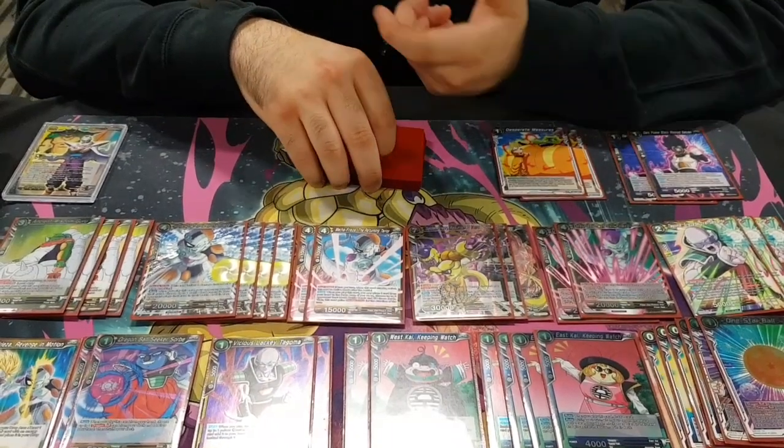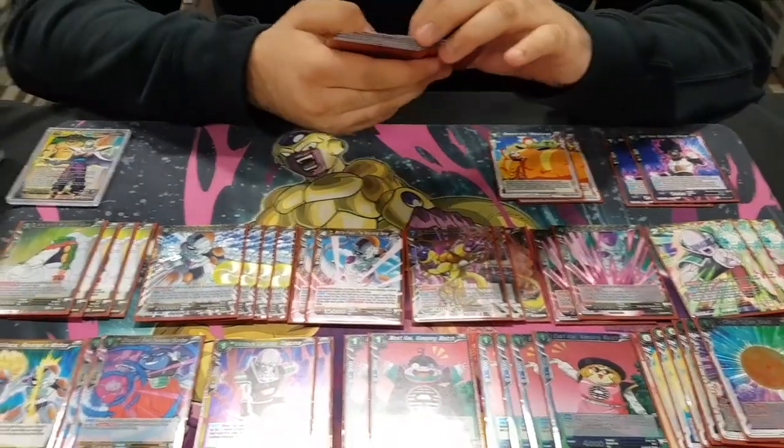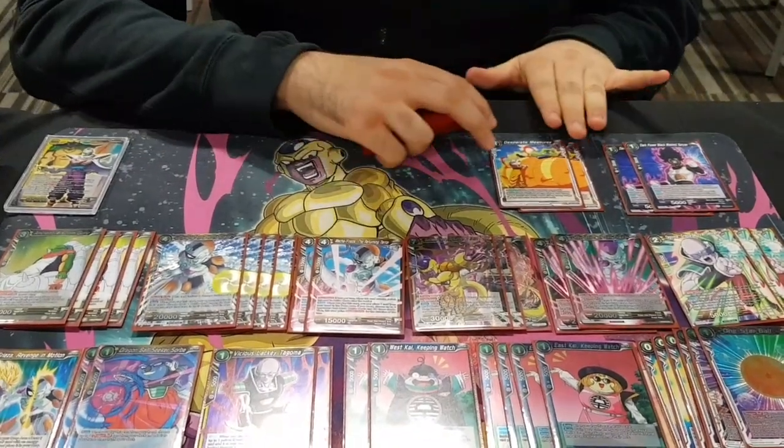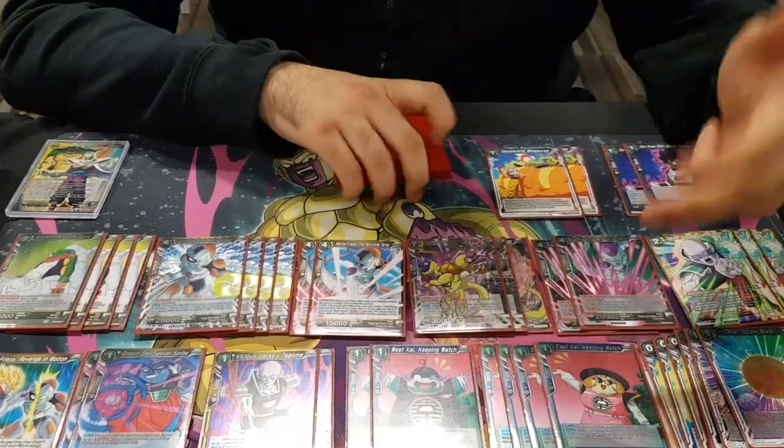That's the best way to put it. You want to champ for me? No. You want to do anything to me? No. Yeah, the card just says no. Yeah, it just says no. 2 or less, it says no. Yeah. If you ever play against this,